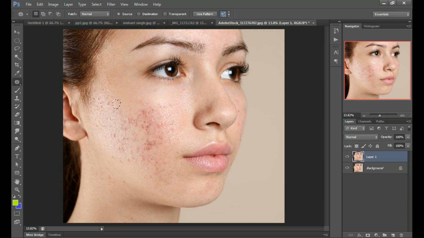The patch tool has its limitations, and the spot healing tool has its limitations for photo retouching. For a portrait photo, the patch tool will not be good because it will create some blurriness.